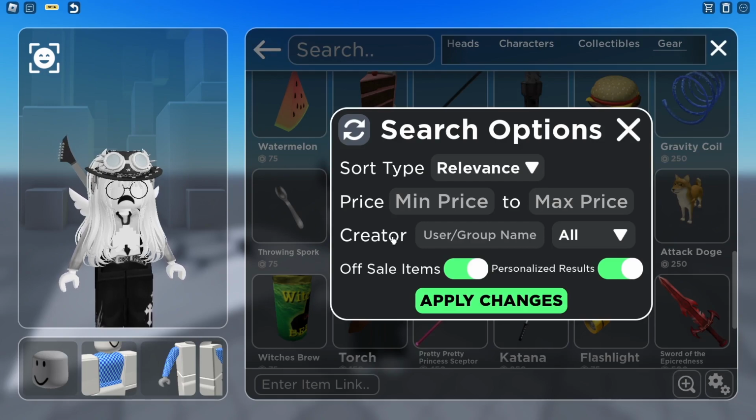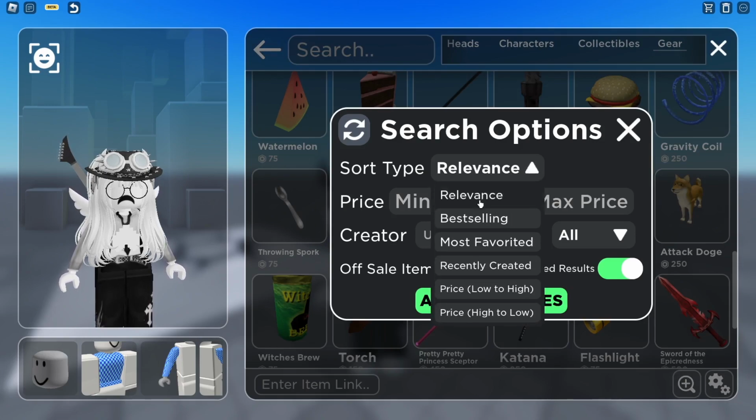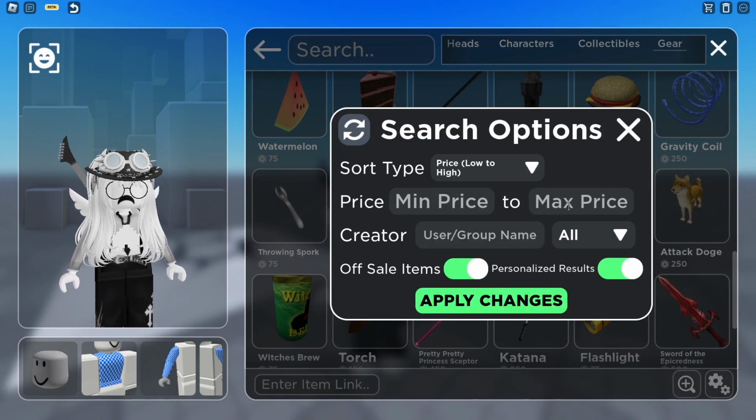So you can filter your search results to relevance. You can change it from low to high. You can set the minimum price and the maximum price. You can search by creator or group name, and you can choose whether it shows the user or the